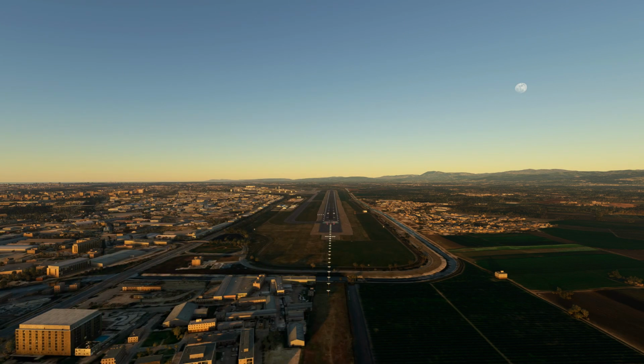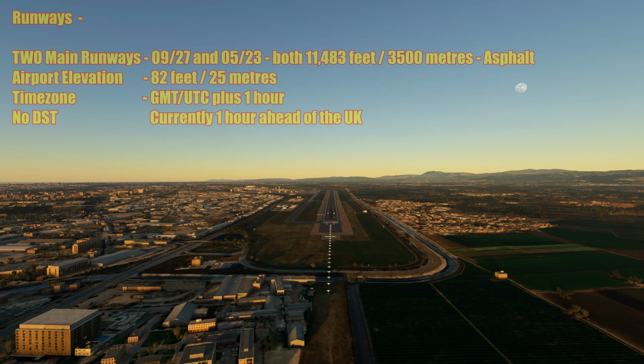Okay, so runways. Algiers Airport operates 2 runways, 09/27 and 05/23, both measuring 11,483 feet or 3,500 meters. Both runways are constructed from asphalt. The airport lies at an elevation of 82 feet or 25 meters and sits within the GMT/UTC plus 1 hour time zone. Now, Algeria does not observe daylight saving time or DST, and since the UK is now on